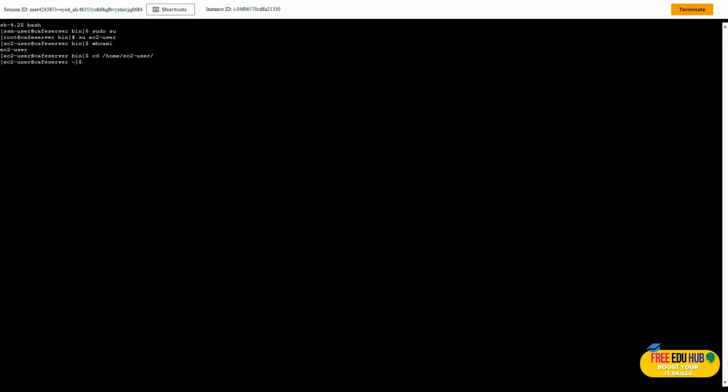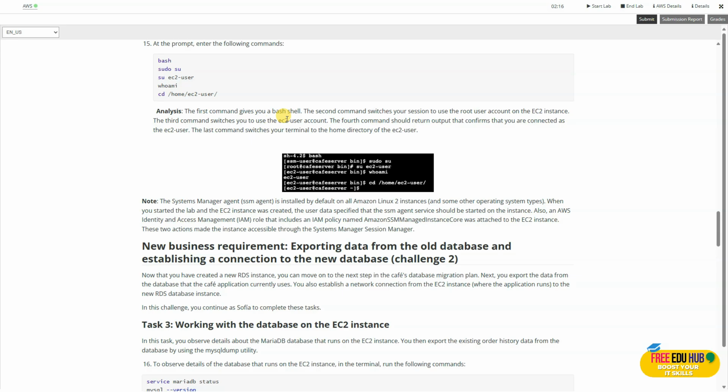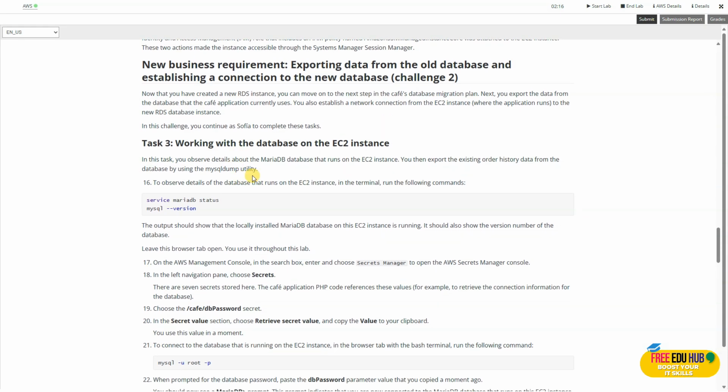Here they are explaining that the first command gives you a bash shell access, the second command would switch your session to the root user on the EC2 instance, the third command would switch to the EC2 user account, and the fourth command should return output that confirms you are connected as the EC2 user. We have seen that. Now we are proceeding to task number 3, which talks about working with the database on